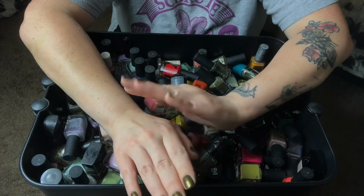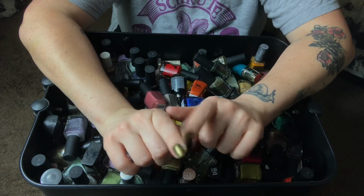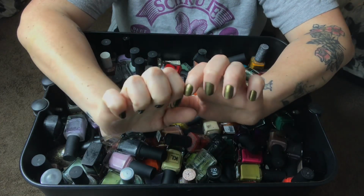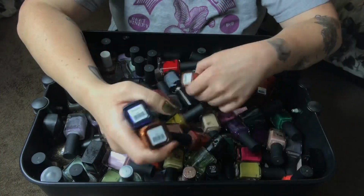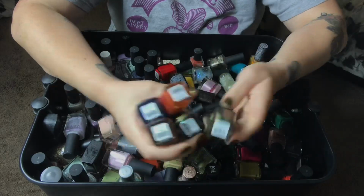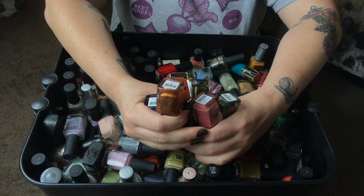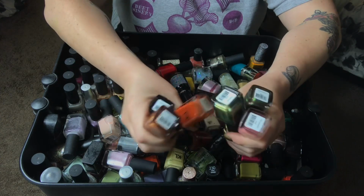I think the best way would be to start by pulling out shades that I know for sure I'm going to keep, because I do obviously have those shades that I wear all the time. So let's do that. These are the first 5 that I know I'm going to keep: Capricorn, November, Medusa, Cha-Cha-Cha, Leo, and